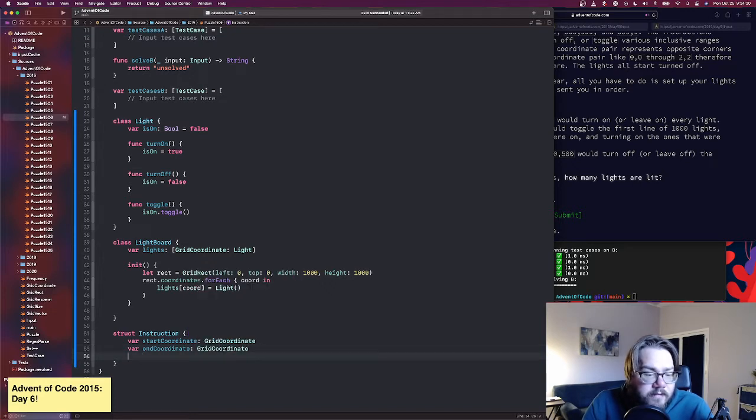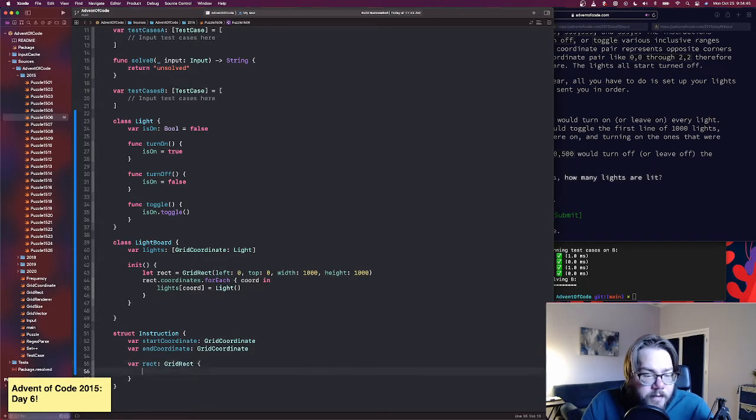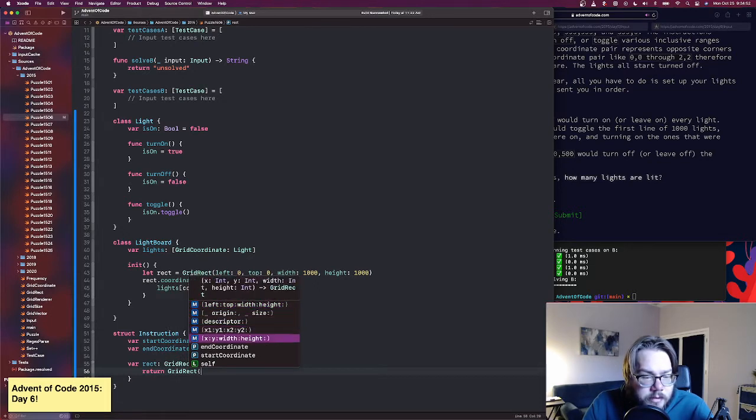And then we'll also probably have a computed var for rect. And that's going to be a CGRect. Or no, I'm sorry, it's a grid rect. And that is going to be computed, and it's going to return a grid rect at the location start, origin,